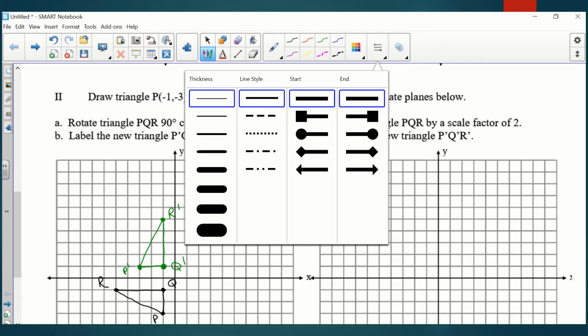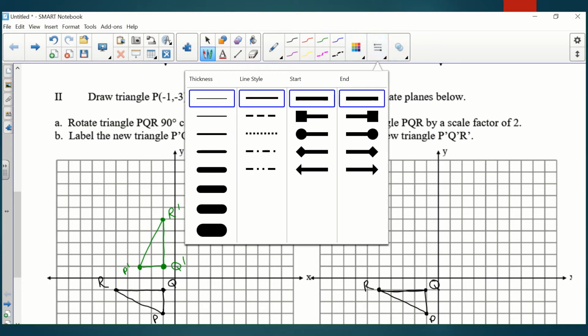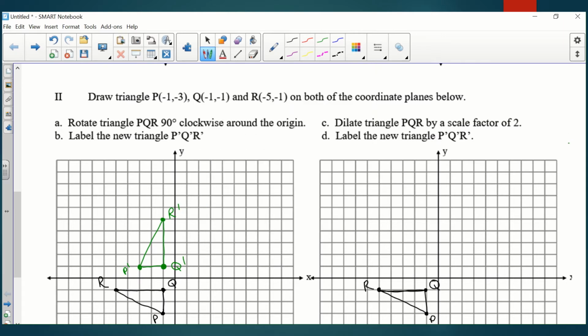Okay, so now we're going to take triangle PQR again. So let me plot that. -1, -3, -1, -1 is Q, and -5, -1 is R. Okay, so here's our original triangle. Okay, so we're going to take this original triangle now,